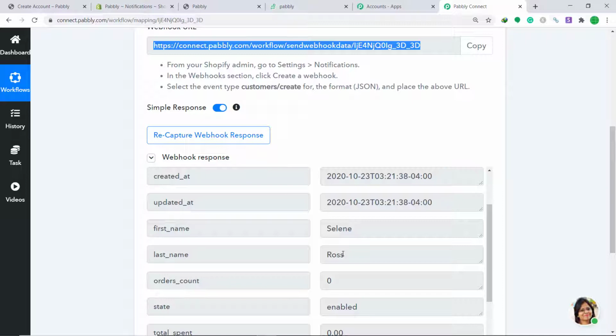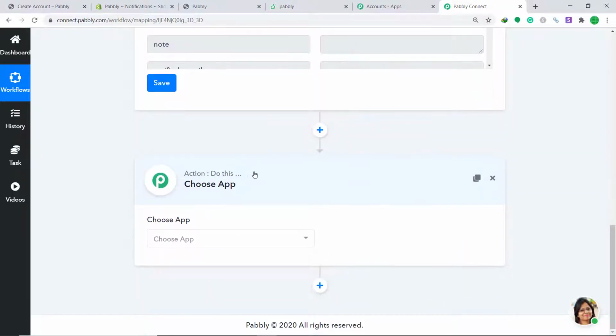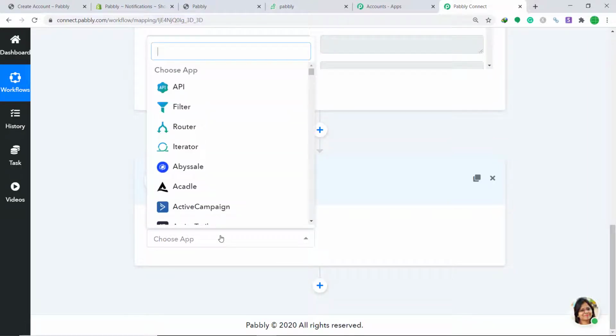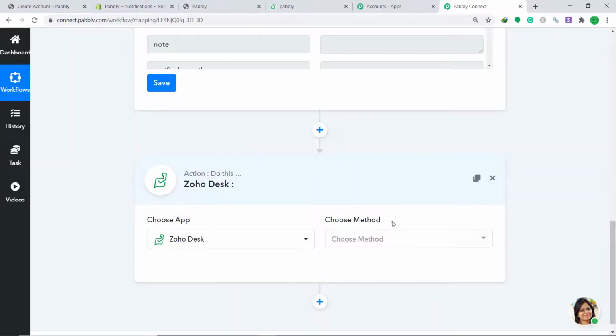Now we have to sync this data to Zoho Desk. To do that, just click on this plus button. When you click on this plus button, another window opens up. This is called the action window. Here in the Choose app, change it to Zoho Desk. In the Choose method, since we are interested in creating a contact, let's keep it as